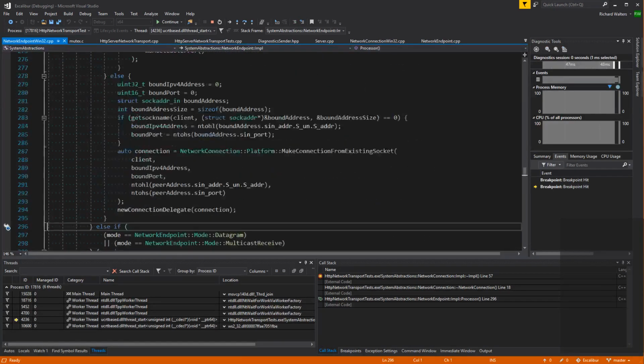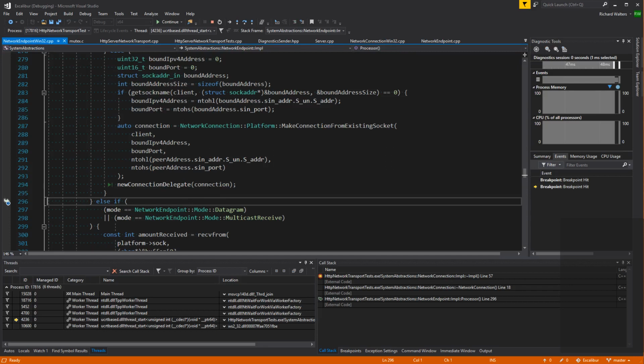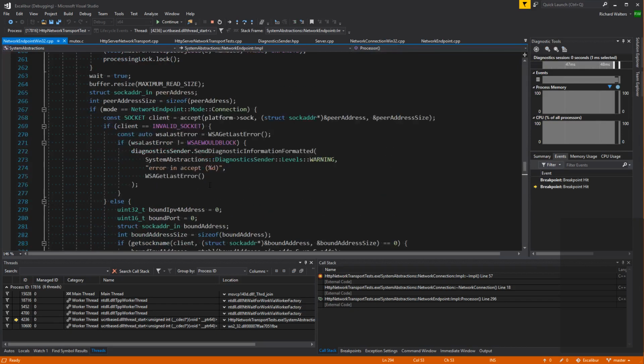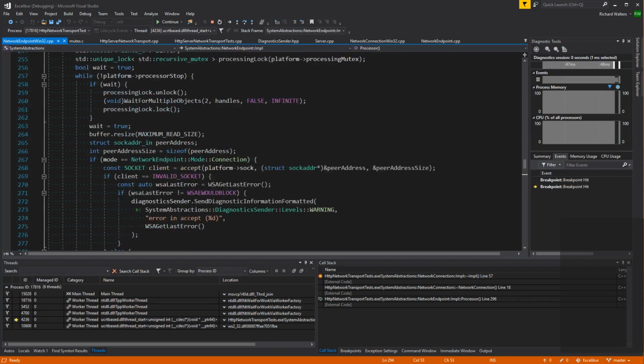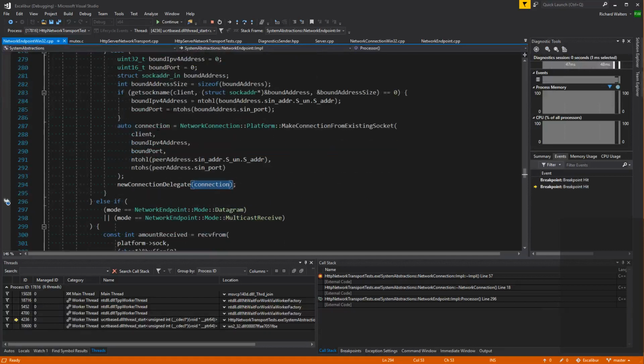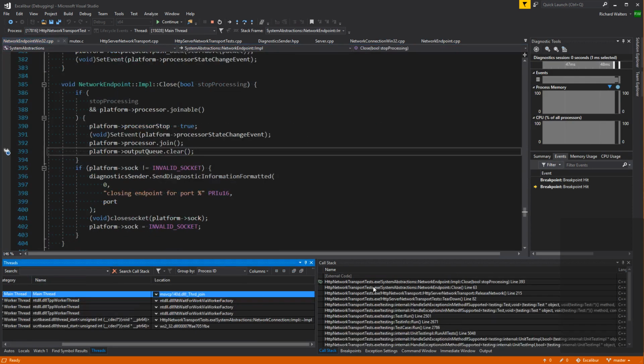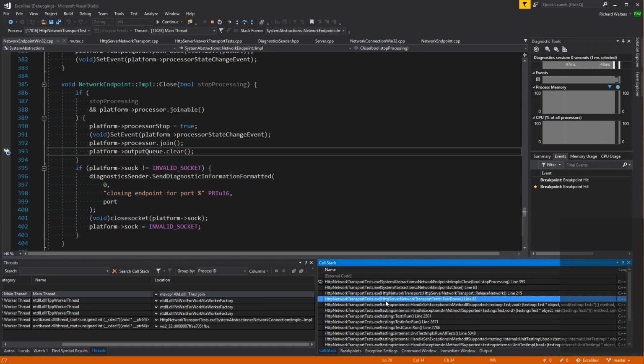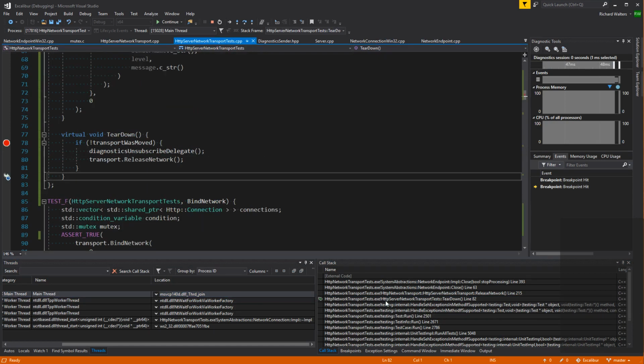Where is new connection? Connection. Oh, auto connection. Yeah, there. We're not holding onto the connection for some reason. Wait a minute. Wait a minute.